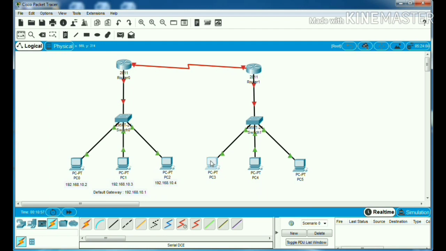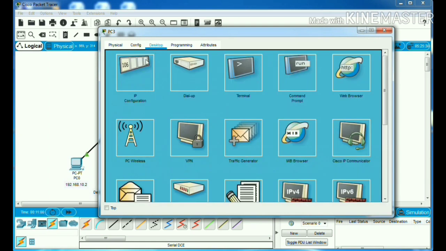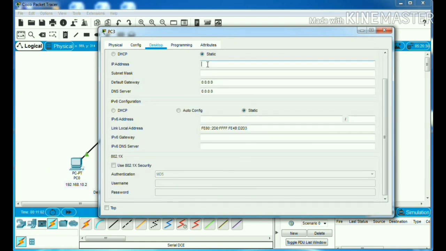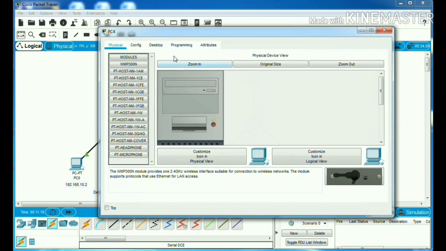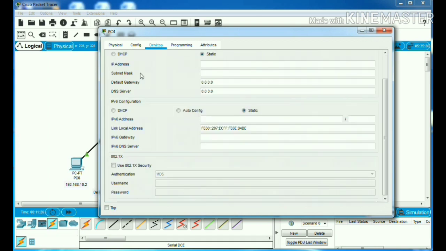Now click on PC3, desktop, IP configuration, IP address 192.168.20.2 and the default gateway is 20.1. PC4, desktop, IP configuration, IP address 20.3 and default gateway is 20.1.